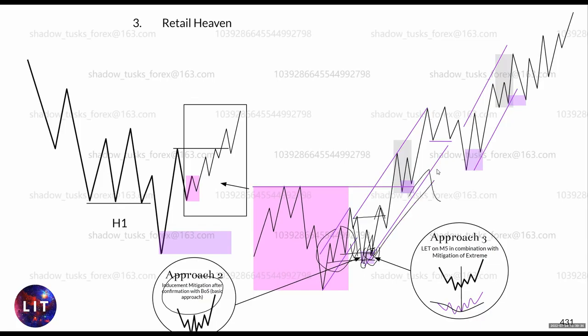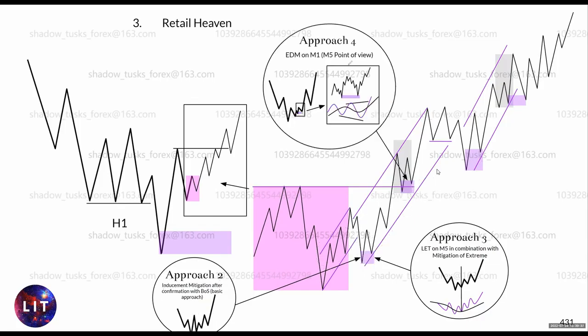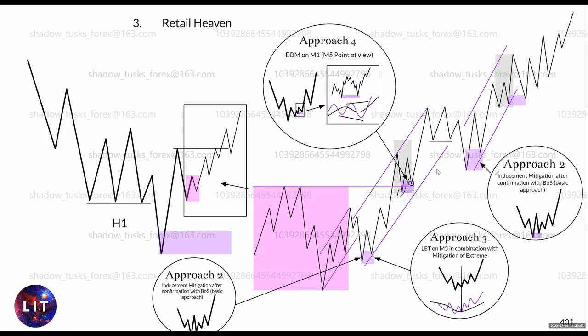Perfect. Then if you had another one, approach number 4, maybe this is an EDM in here, could be a LET, could be both, right? Or technically not both, but LET or EDM, right? And then we had another one with this one, could be the approach number 2 with a normal, again, break of structure into mitigation if that's your inducement, or can also be your